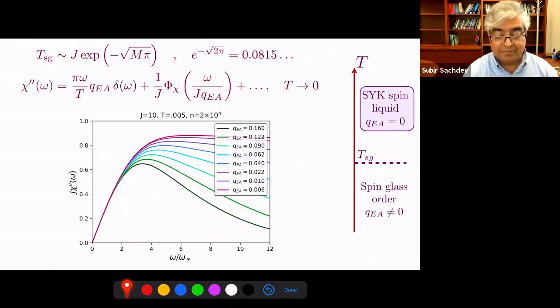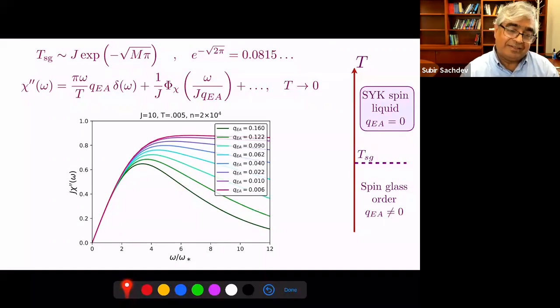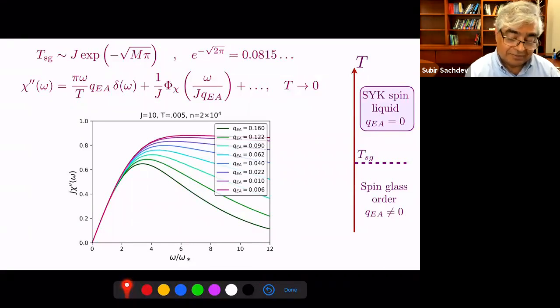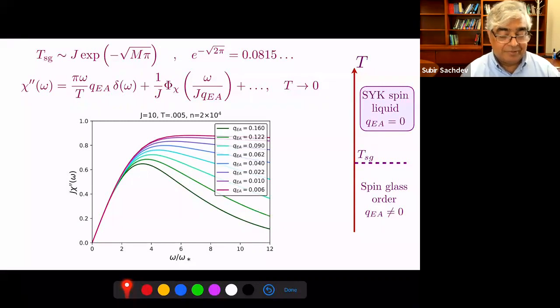And we can understand what happens at higher frequencies. And there's a clear window in the numerics where you do see the spin liquid behavior, and we have the full crossover. And really in this regime here, you're just talking about the spin glass state and its low energy fluctuations. And you can argue that those are essentially the confined fluctuations. There's no fractionalization here.